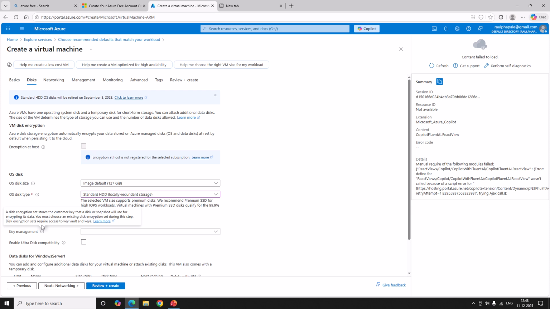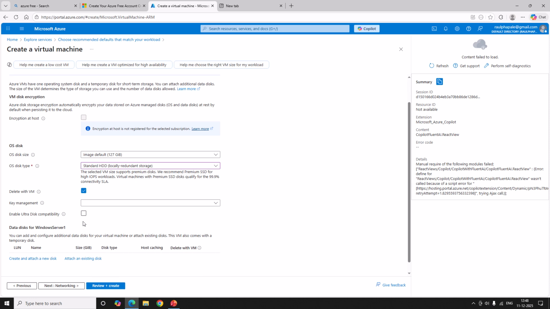If you want to encrypt your VM with your own key, then you can leverage key vault. As of now, we don't have any. We'll cover this section in another video. So at the moment, we'll skip that one and let's proceed further